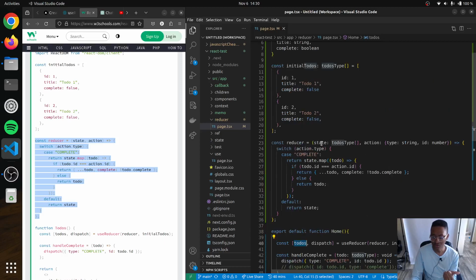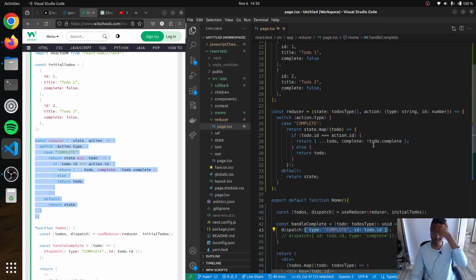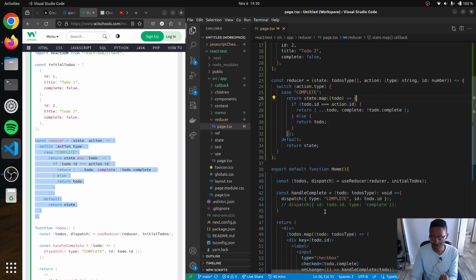And then we take the state, and then we call the action. So action would be whatever we called in this dispatch. So it takes the state from basically this, and then it also takes in the action, and then we use the action to check. So now what do we have inside the action? We have type, and we also have an object, and then we just check the properties of that object, the type, and then the ID. That's all we have. And then we can just run a switch statement, or we can just use an if statement to check whatever's happening. So okay, if the case is complete,